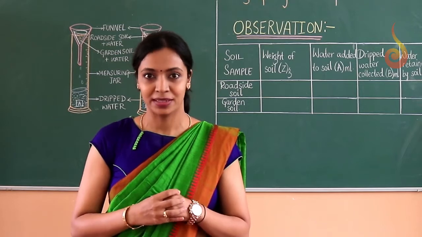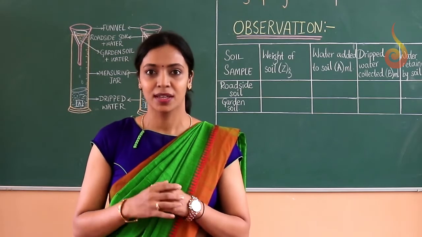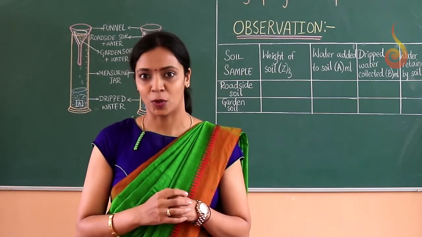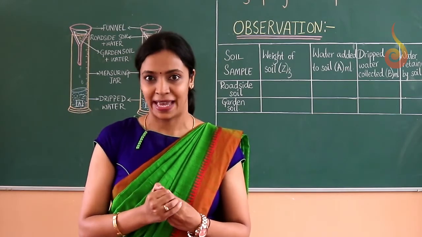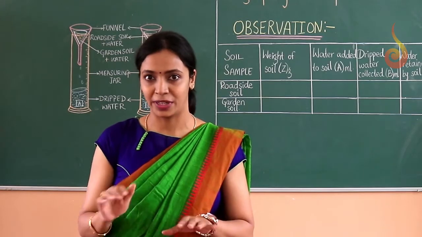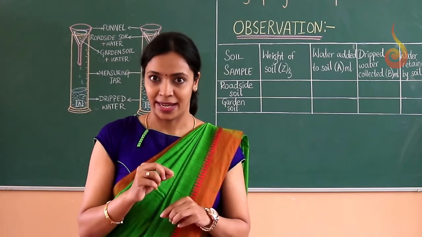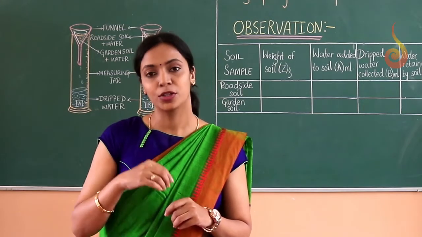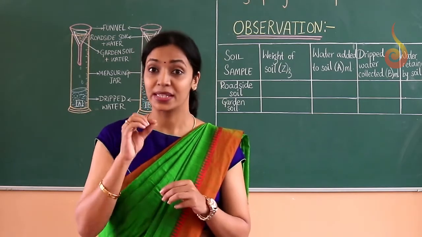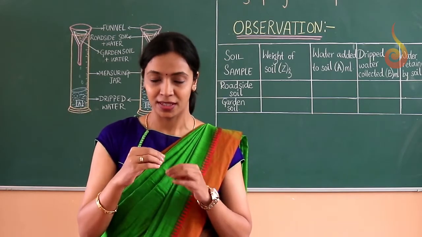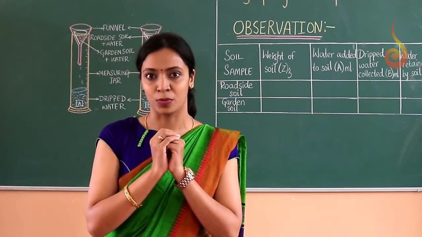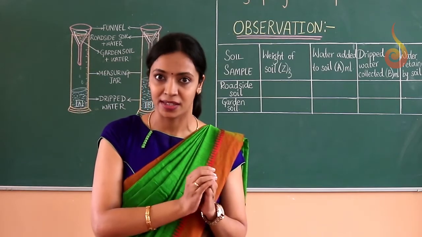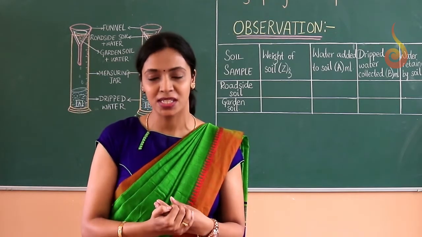In any soil, there will be soil particles, right? So the size of the soil particles varies in different types of soils. You may be aware of sand and clay as two different types of soils. In sand, the size of the soil particles is bigger compared to clay, right? So when the size of the soil particles is big, the space between these particles is more. Therefore, the space between the soil particles in sand is going to be greater than the space between the soil